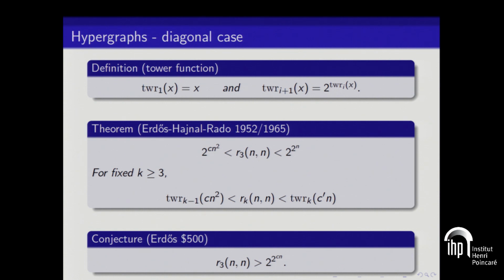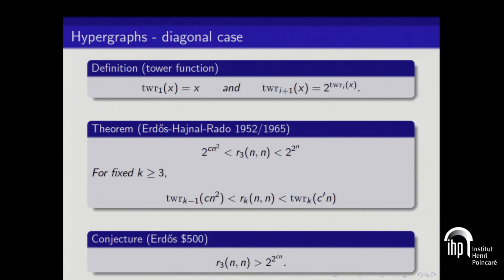And there's a famous conjecture that the lower bound should be improved to double exponential. In other words, there should be a construction of a red-blue coloring of the 3-element subsets of 1 through capital N, such that the largest red clique and the largest blue clique are both log capital N. Writing this in inverse form. People believe that the constructions should exist, that the upper bound is essentially correct, but we haven't been able to get there.